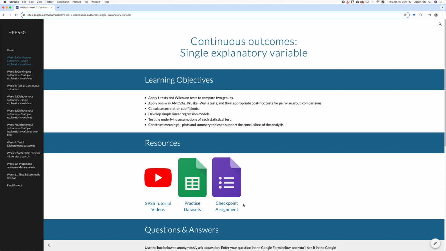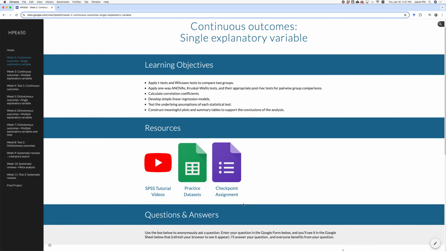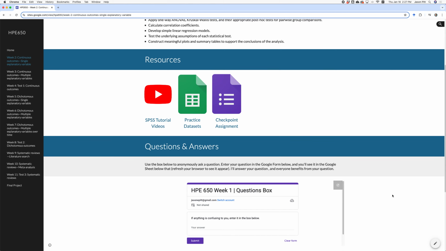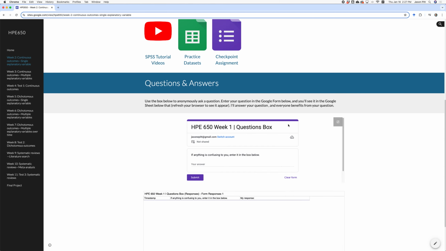If you find that you don't understand what I'm asking or how to do a thing, please take advantage of the questions box. All you have to do is click here, type in whatever you want. I won't type anything. And then click submit, and it'll show up down here. Now, it won't immediately. You'll have to click the refresh button up here.